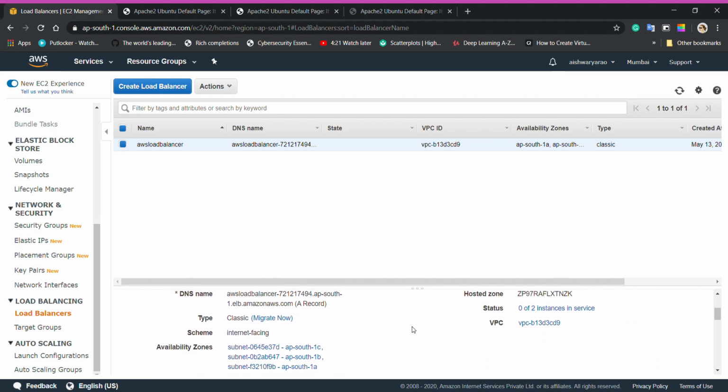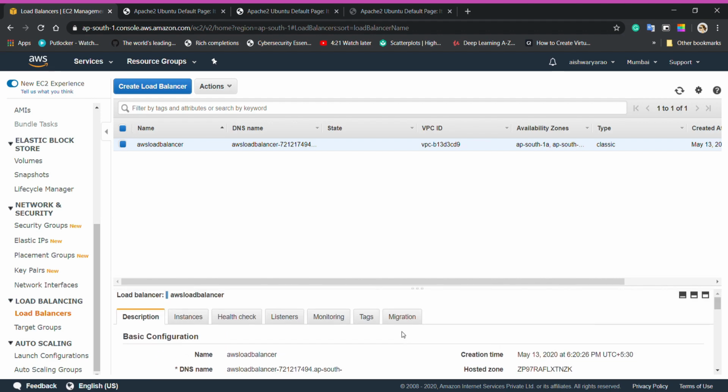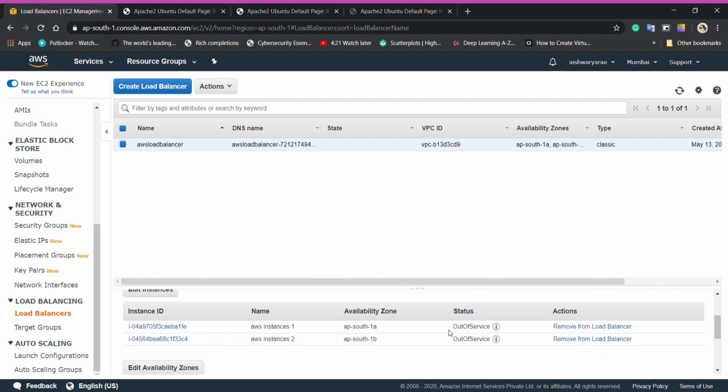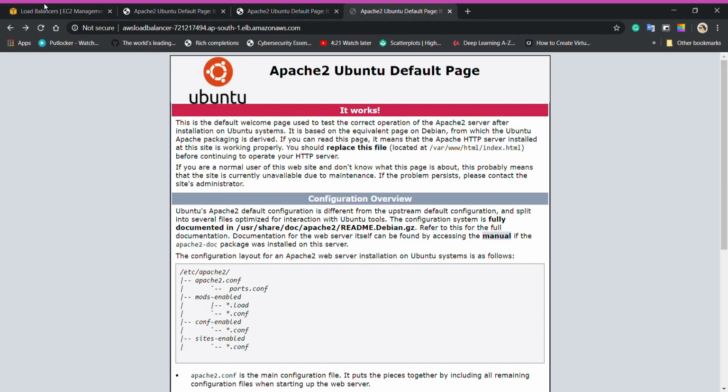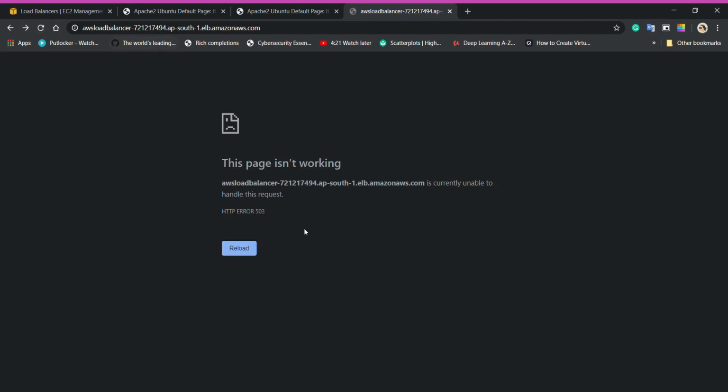It says 0 of 2 instances in service. So no instance is in service, it's out of service. So I'll go back to browser and then refresh. I can see that the page isn't working. That is because both the instances have been stopped, and for my load balancer, the instances are unhealthy.